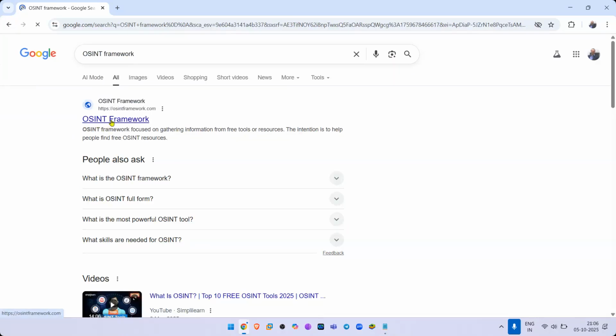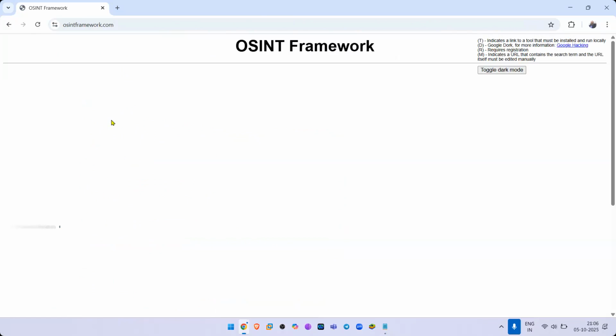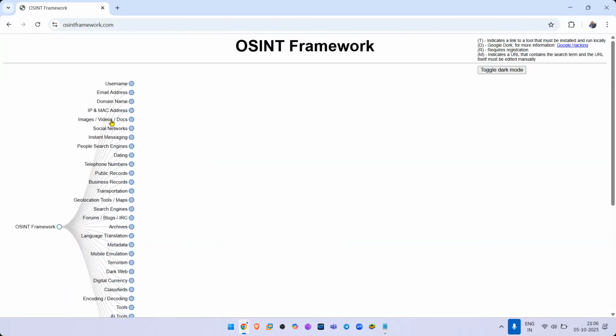This website is not just an ordinary website. This website is basically a free online resource that organizes the links of hundreds of publicly available tools and websites and all that.